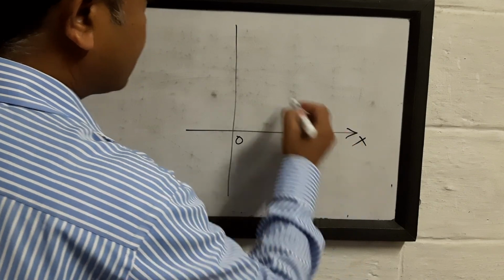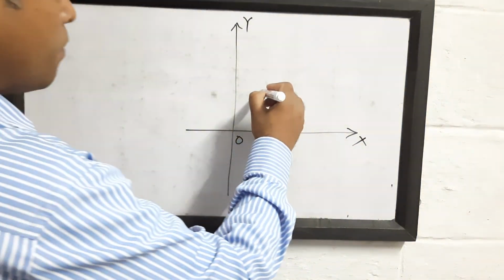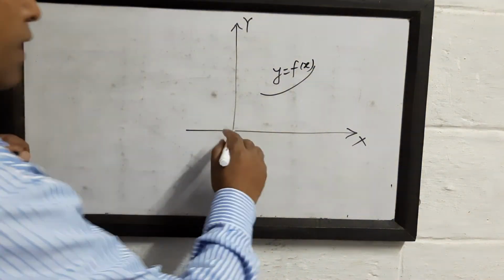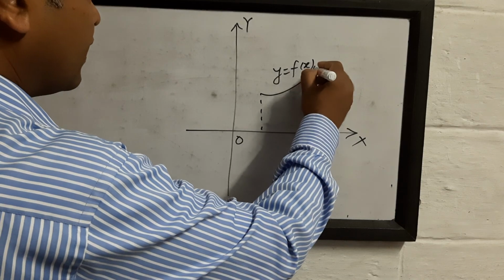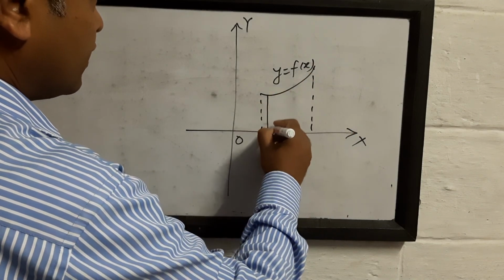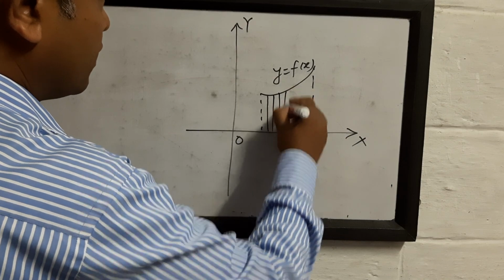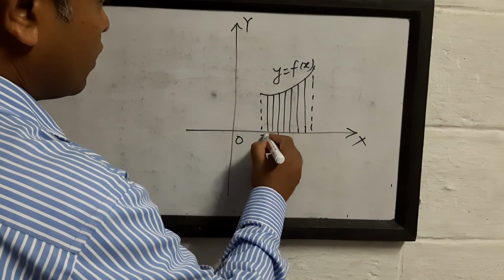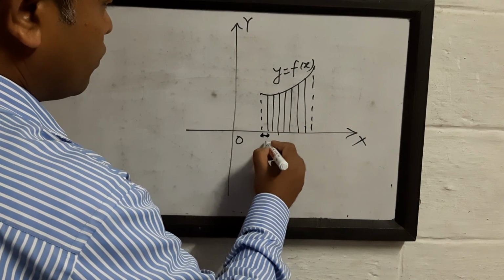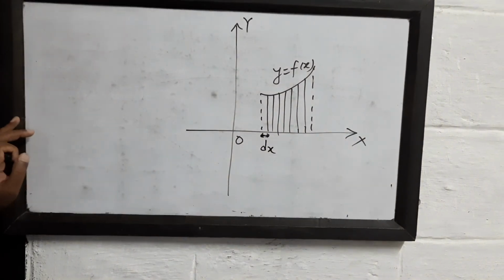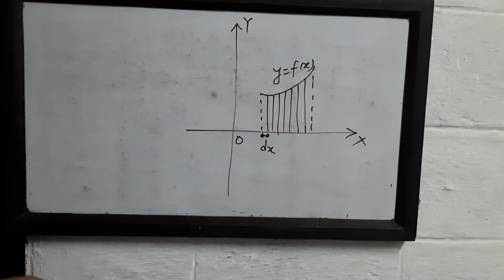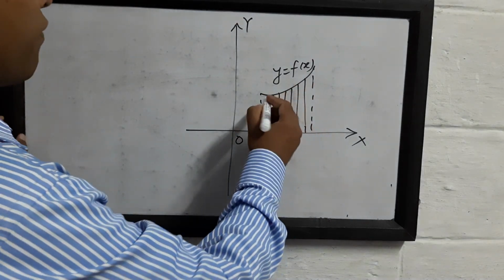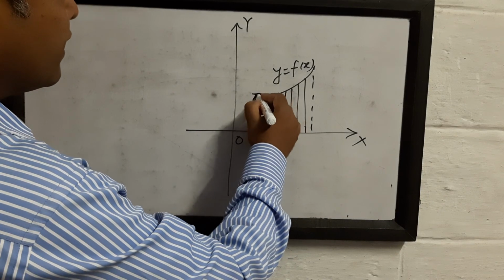Origin, x-axis, y-axis. Suppose there is the curve y equals f(x), and this is the x-axis. If you divide this into small rectangles, their width will be dx, the width along the x-axis, or the breadth of this rectangle, as we can also call it. And this y equals f(x) at the end. Then this height is represented by